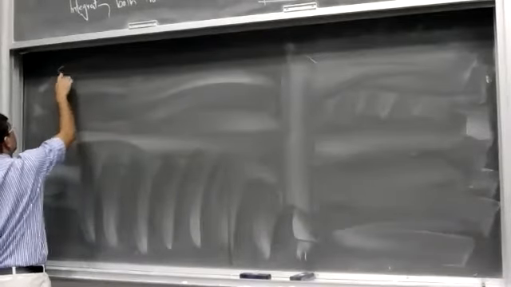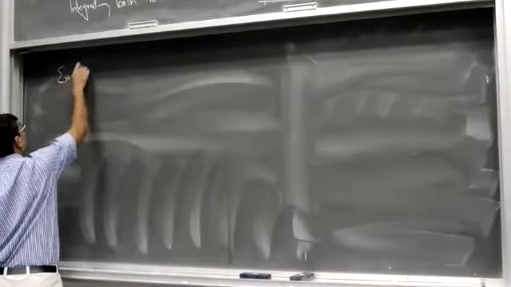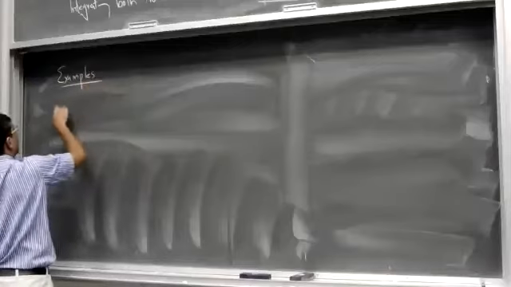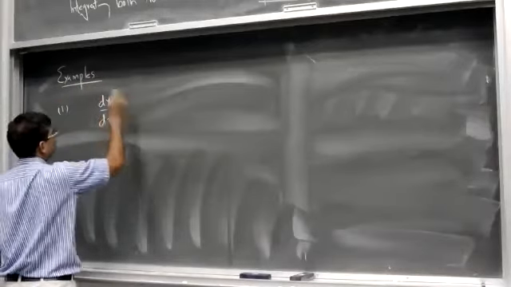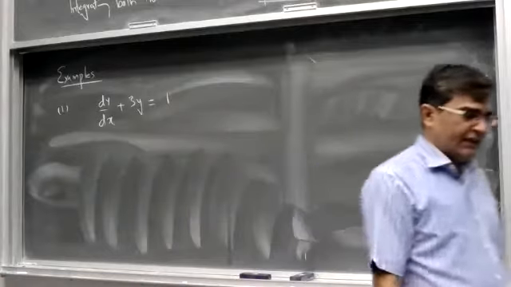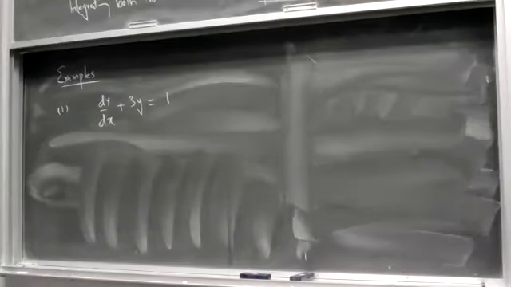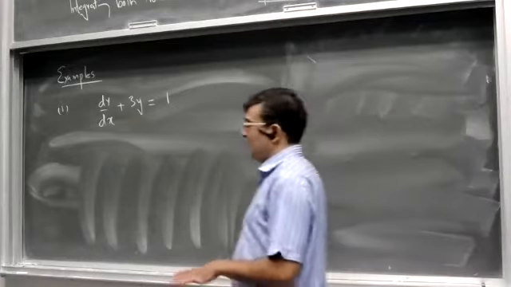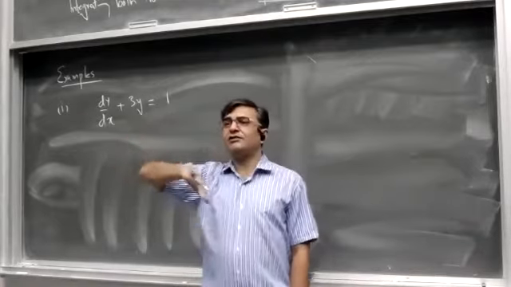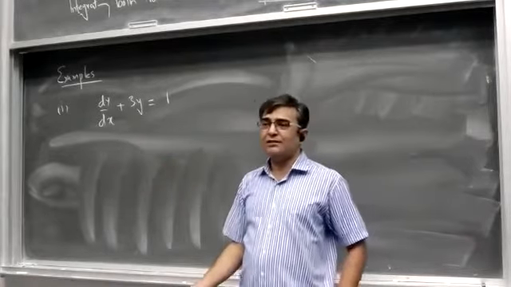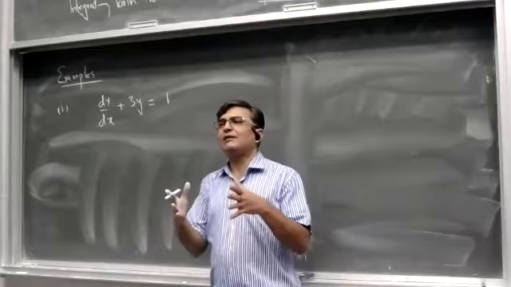Examples. One, maybe. Let us say we have dy by dx plus 3y is equal to 1. It's a linear first order differential equation with constant coefficient. It is separable as well. So the first example I'm giving you is a linear equation which is separable as well,